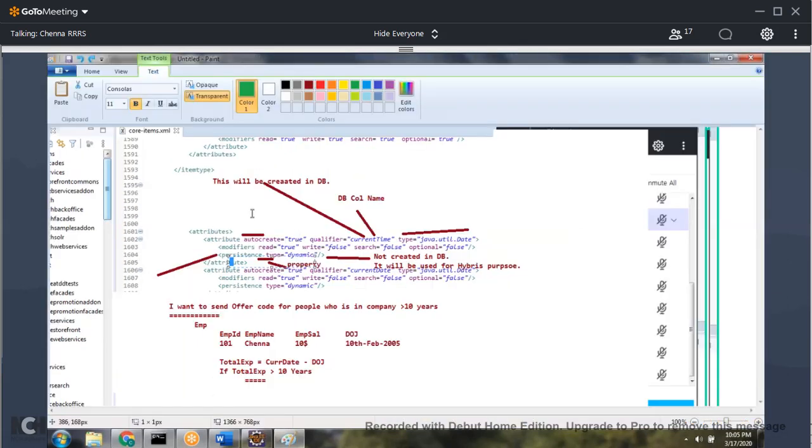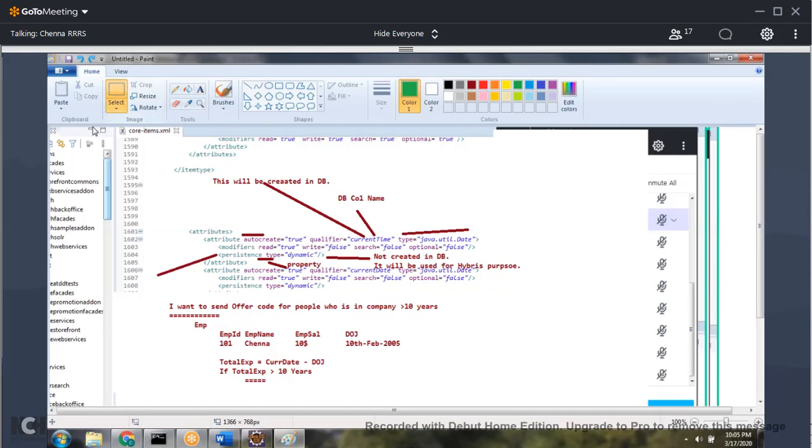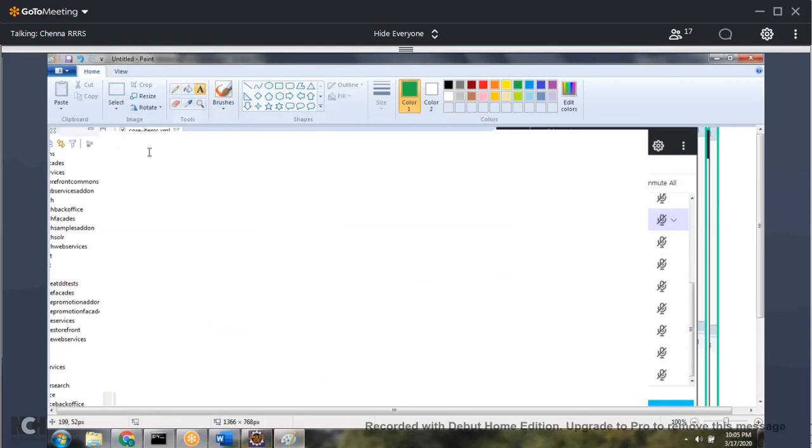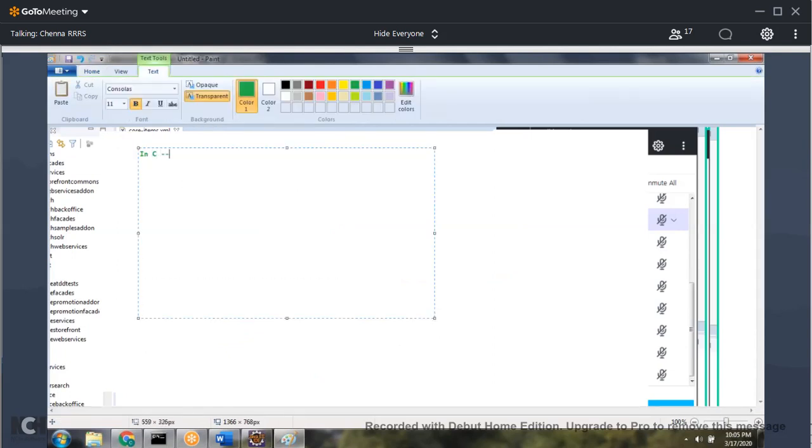Okay, fine. Next, in C language, let me ask you this question. Whenever you create a variable in C language, what are the types of variables in C language? Local variables. Global variables. Okay, excellent. Static variables.